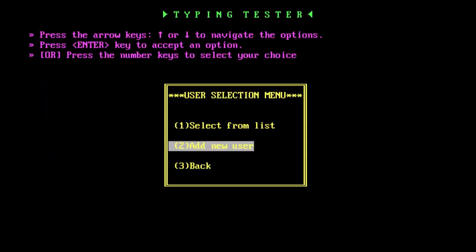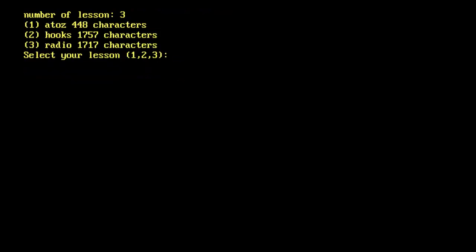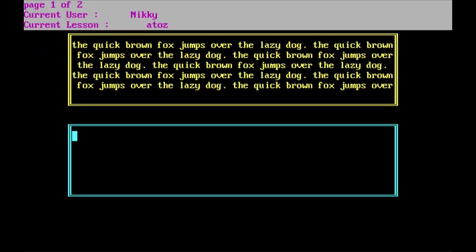So add new user. Now I will create my new user and name it Nikki. File created. Now you have two lessons. Select the lesson which you want to write. If you select one, A to Z, you will get 448 characters, and hooks has 1757 characters, and the radio has 1717 characters. So I will select the first one by pressing 1 and hit enter.